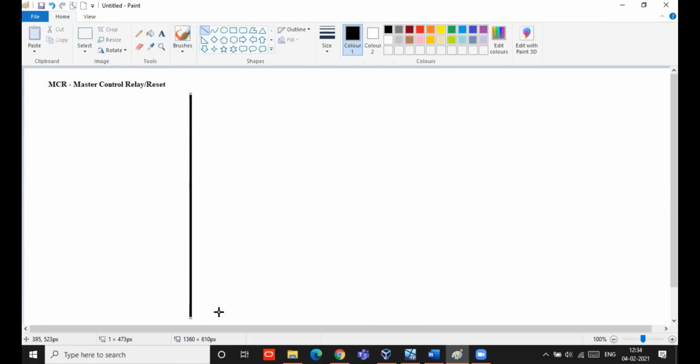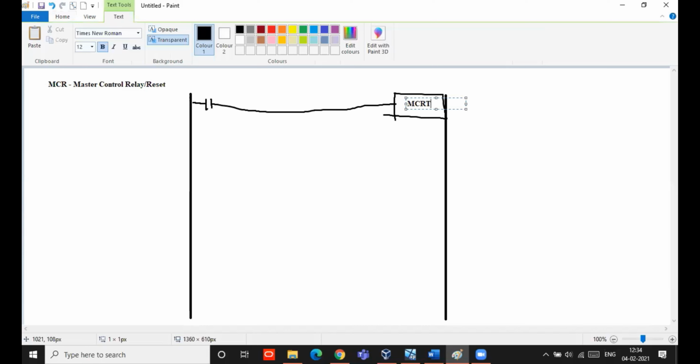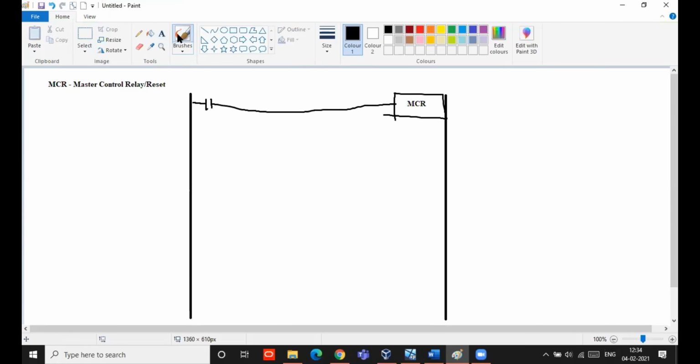So how to do the program when we use Master Control Reset? First, at the start of your program, you have to give an input and connect that to one MCR block. Now after that you can do your normal programs, input and output.